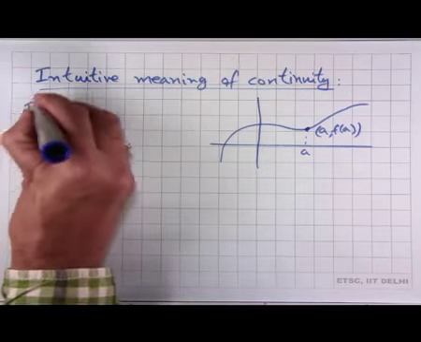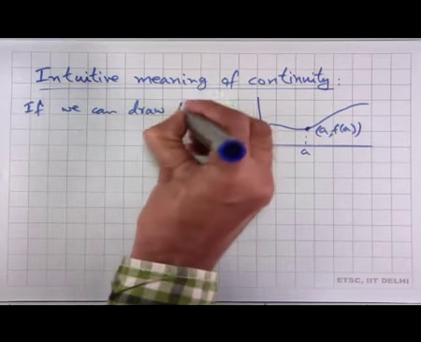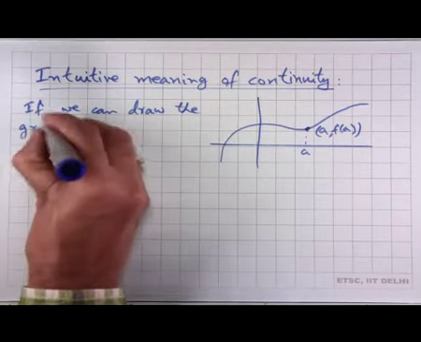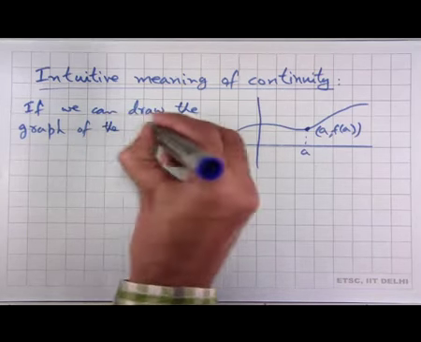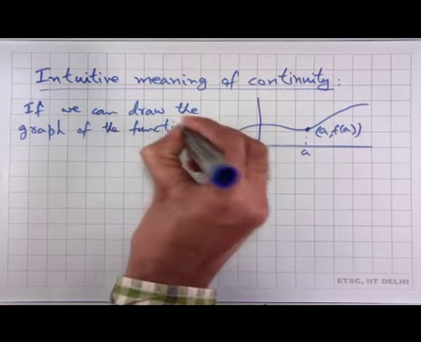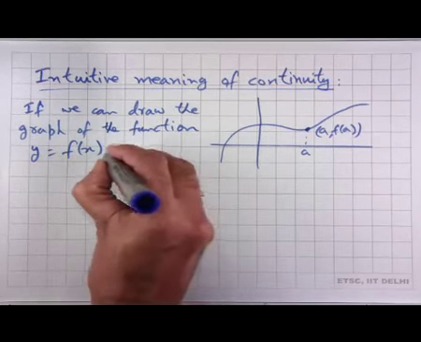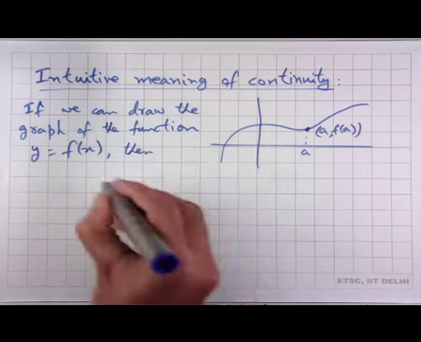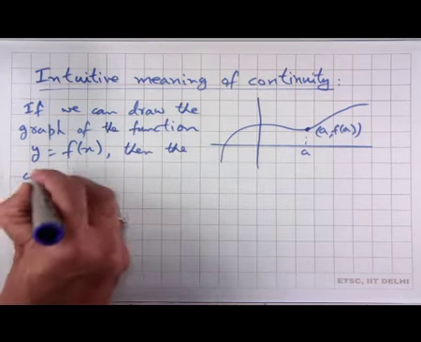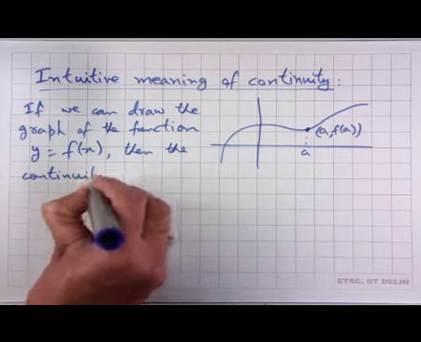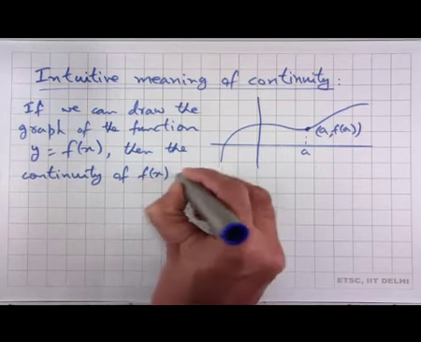So, if we can draw the graph of the function y equal to f of x, then the continuity of f of x at x equal to a